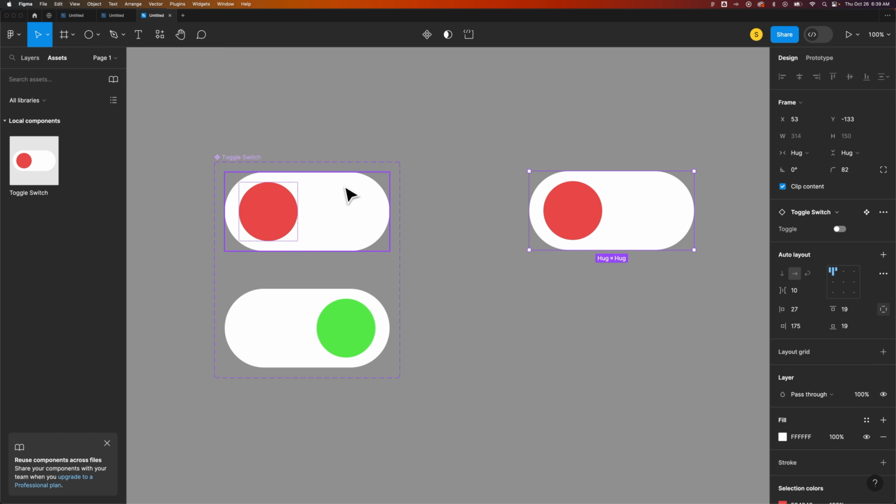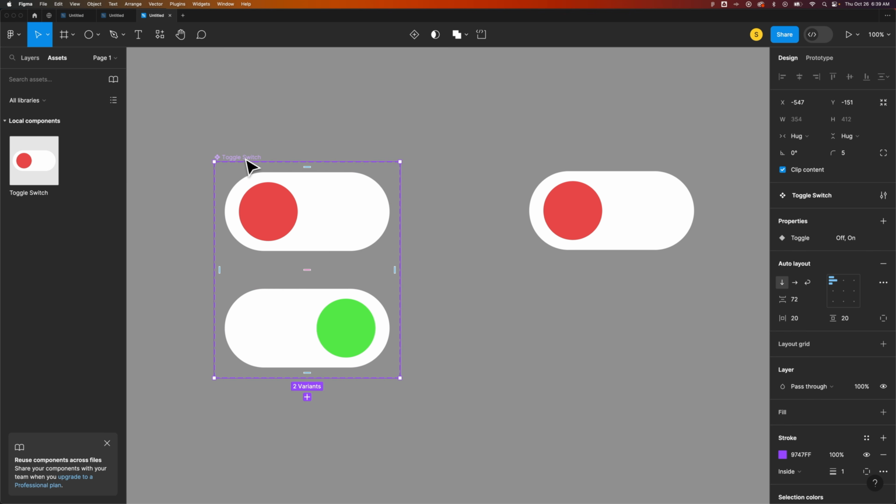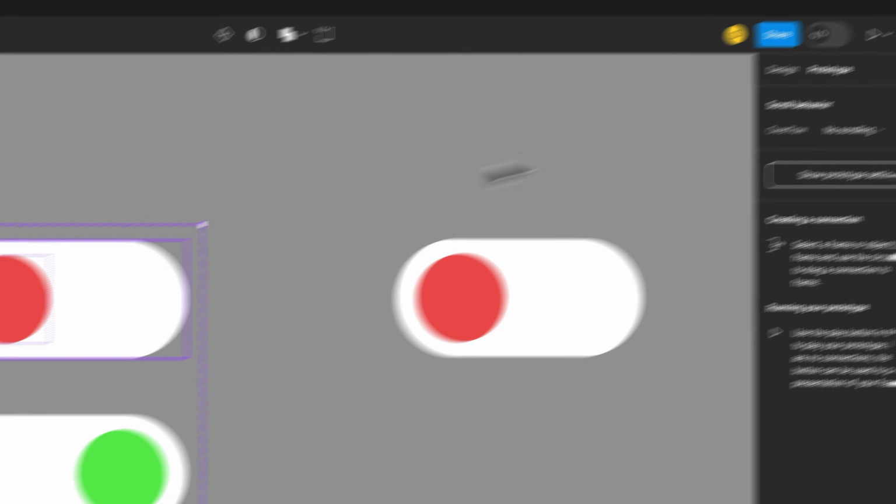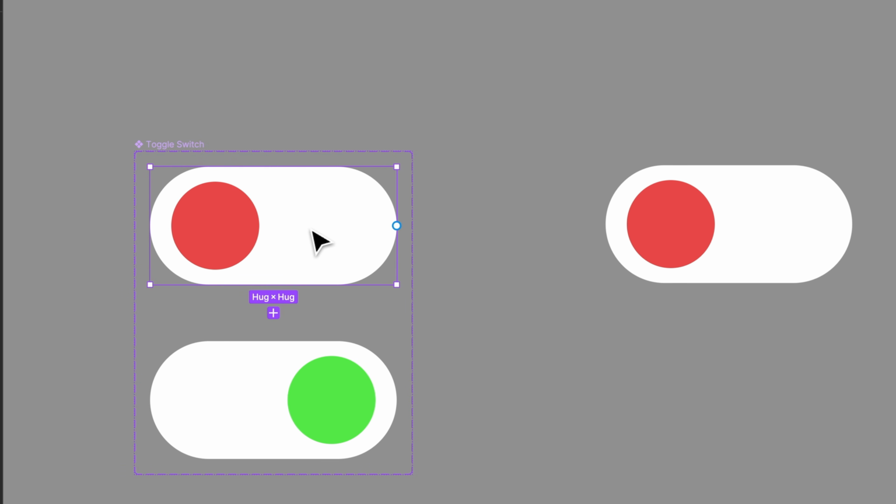So now we want to prototype this. We want to create some kind of interaction. I think it makes sense to click on it and see this kind of bounce to the right and bounce to the left and move across. So we're going to come over here to this main component, not the instance, but the main component, and create some interactions. We're going to click on that component, click prototype, and then select this first frame,